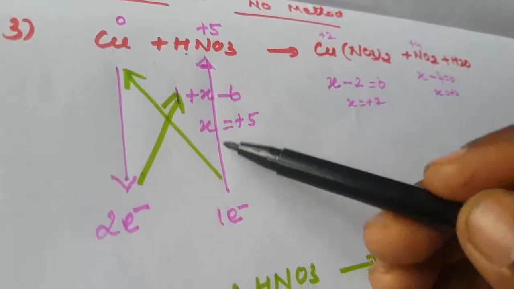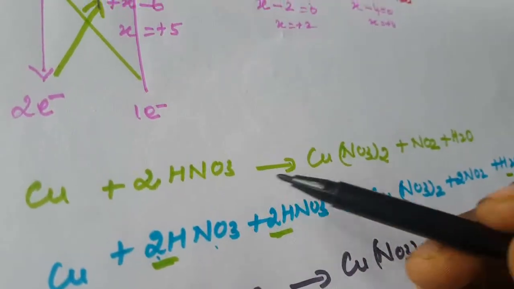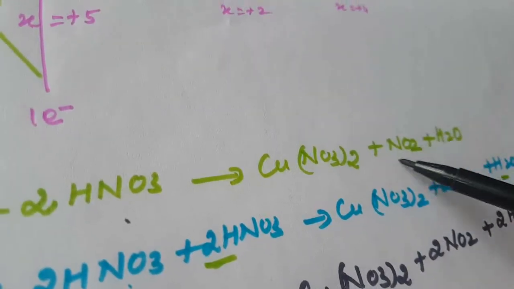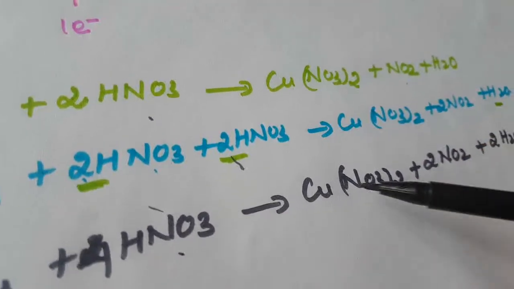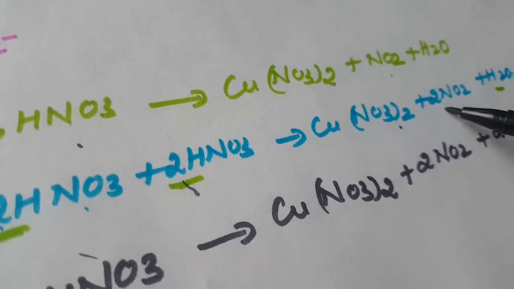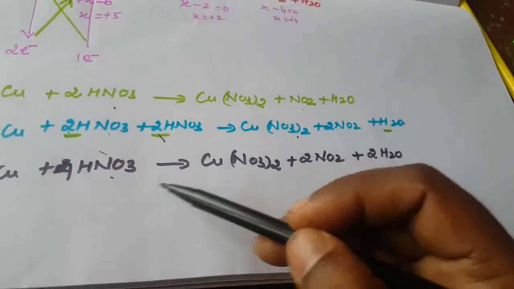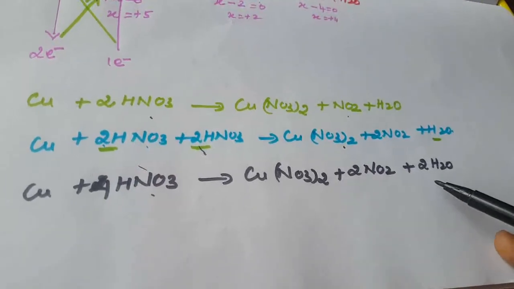After that, the 1 electron gained, just cross multiply that. Copper, 2HNO3, here 2 NO3 is there, here 2 NO3, 1 more NO2. So for balancing that one, you are adding 2 more nitric acid, that is totally 4 nitric acid. So here 2 nitrogen. Then you are only balancing the hydrogen. So from HNO3, finally you are balancing 2H2O. Okay, so that is 2 molecules of H2O.